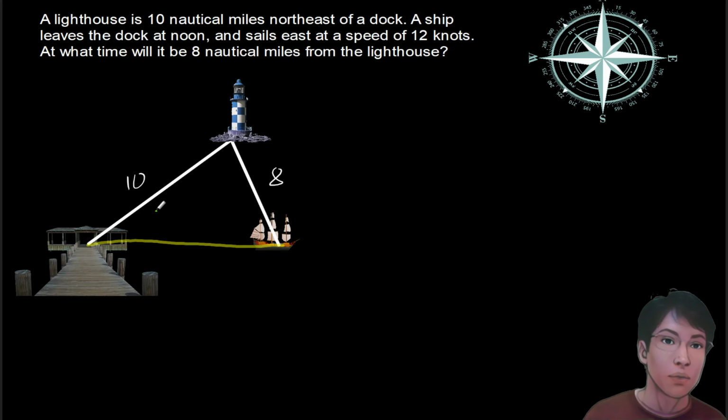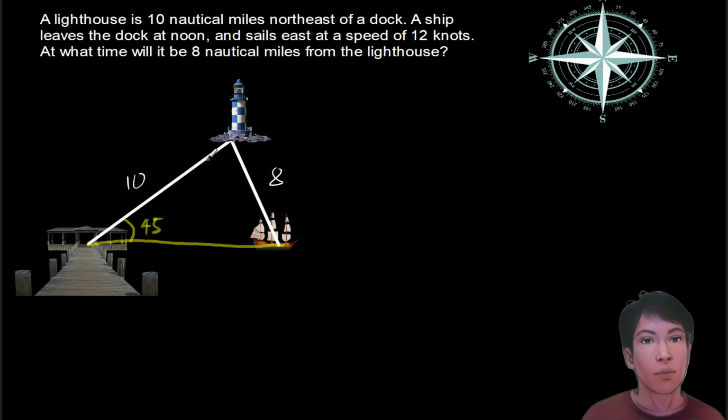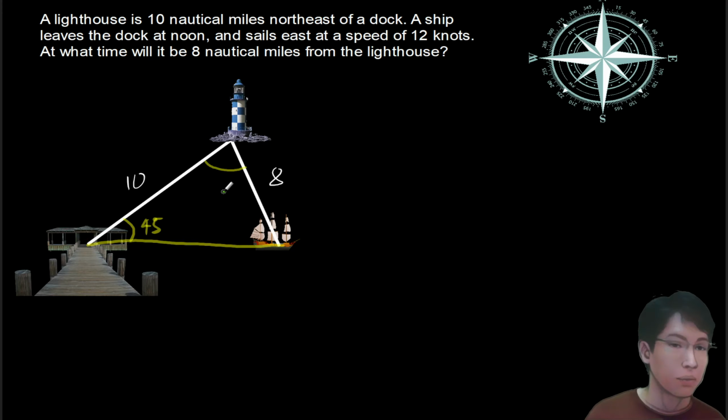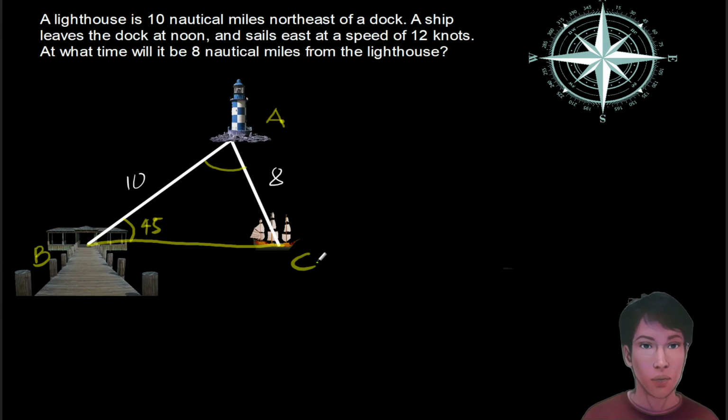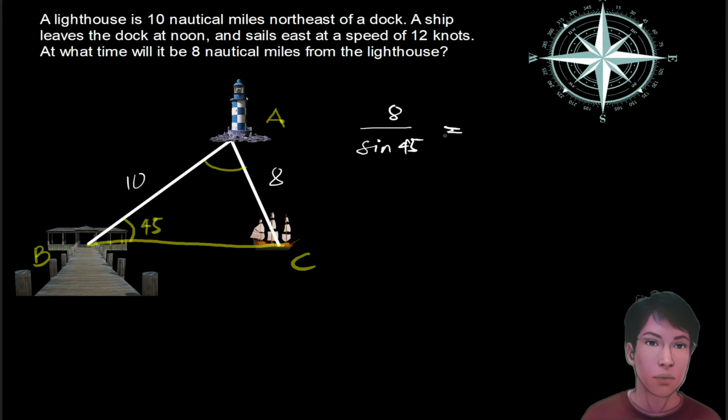So this is 45. I need to know this angle. So let me designate this as A, and then this is B, and then C. So from sine law, 8 over sine 45 is equivalent to